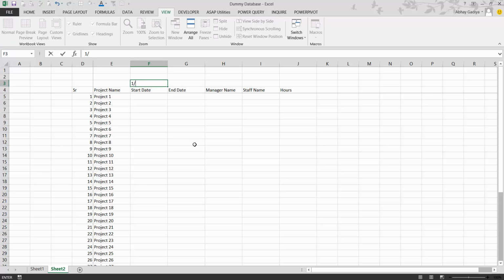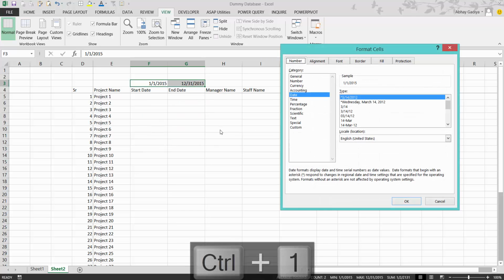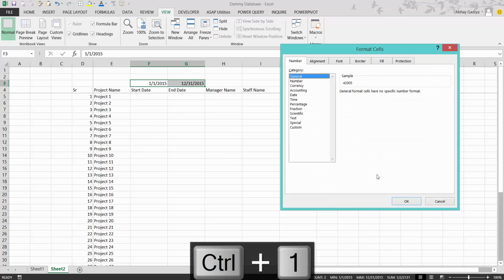So now our first date can be 1 January 2015 and then 31 December 2015. We'll be using these dates as part of our random between function. If you remember, the dates are stored as numbers in Excel. So select them and press Ctrl 1 and convert that into general.